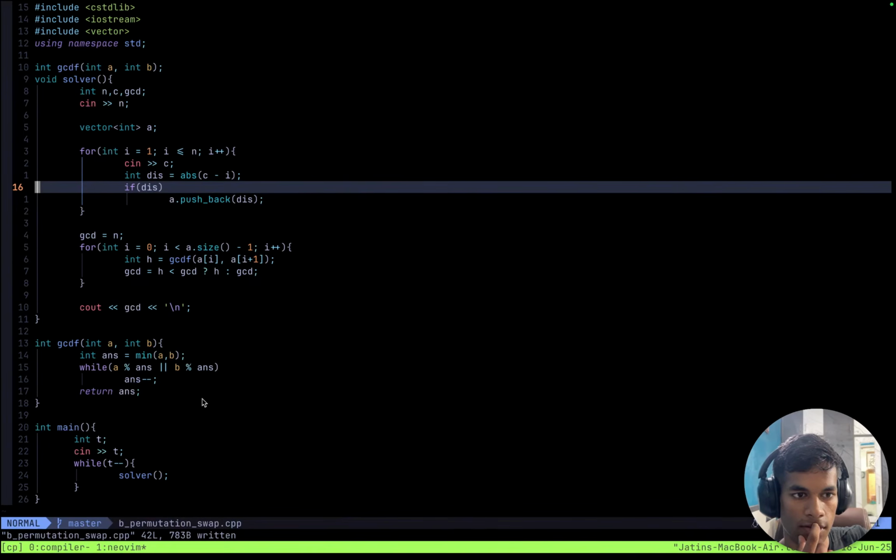GCD, GCD. Vector. I'm taking the distance that a number has to travel, and then put it into the array, and then taking GCD of all the individual elements in the array which are non-zero, and if the current GCD is lesser,